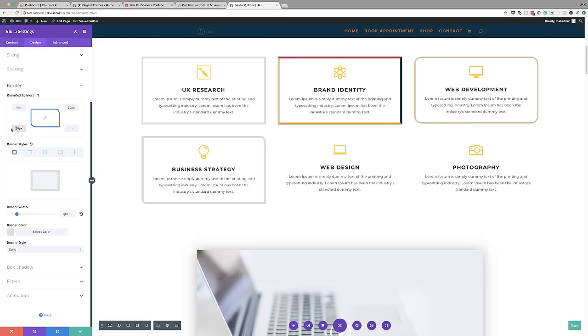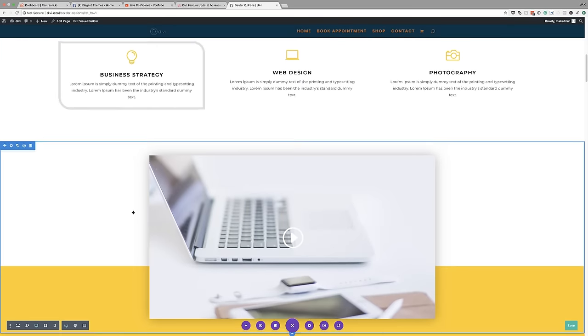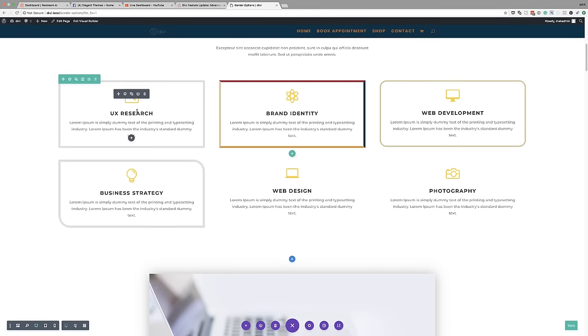Okay, and again, as I mentioned, you can increase the size like that. So you can see that's a bit more dramatic, but the point of this is you can actually go in and add these rounded corners to specific sides of your rectangle. Okay, so I'm going to save that. So moving on, now I've applied this to these